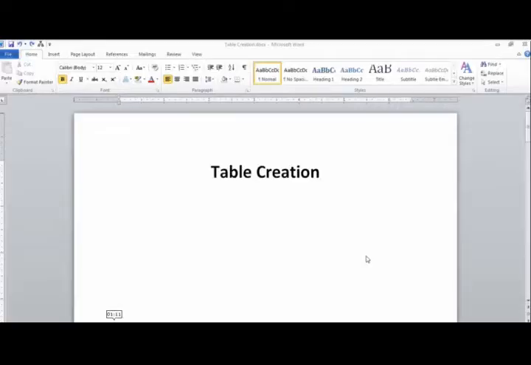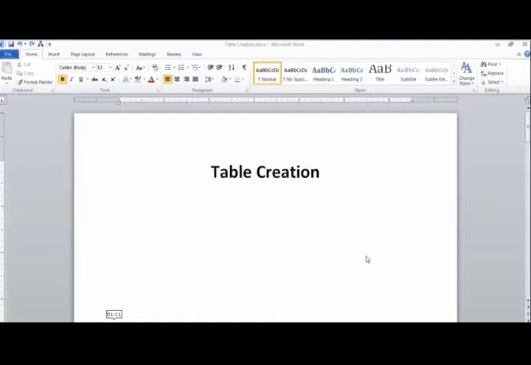Children, I am Rajab. Today we will learn how to create a table in your MS Word. The screen you are looking at on your window is MS Word. If you want to insert a table in MS Word, you can see at the top there is a ribbon tab where there are different types of menus, like file, home, insert, page layout, references, mailing, review and view.